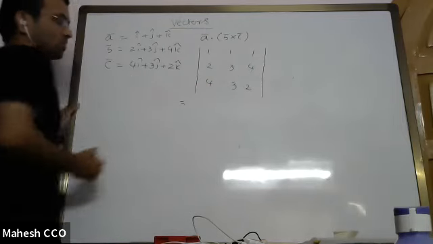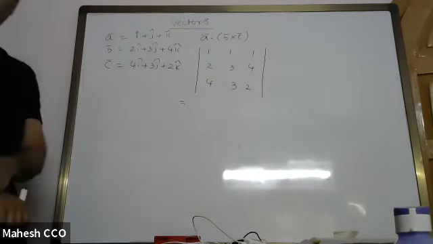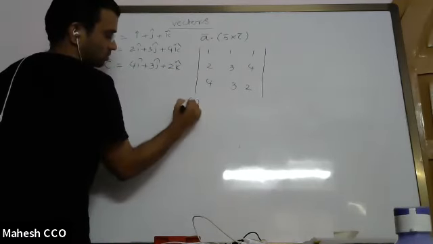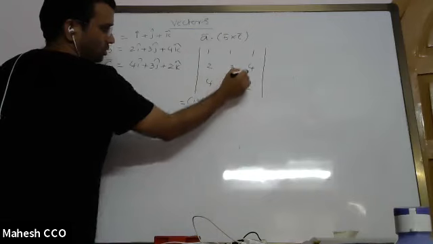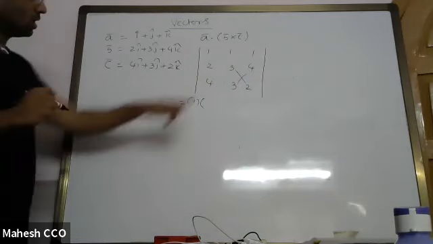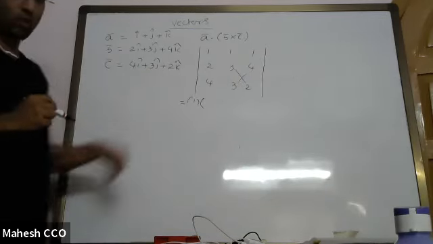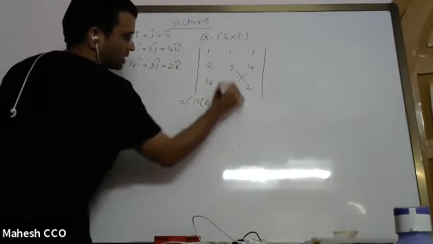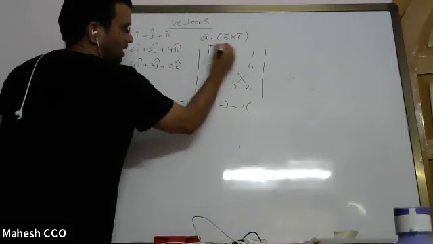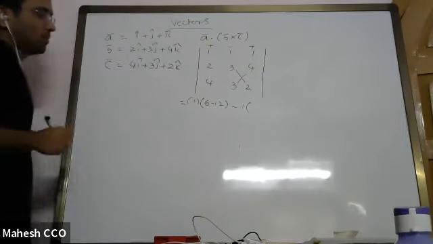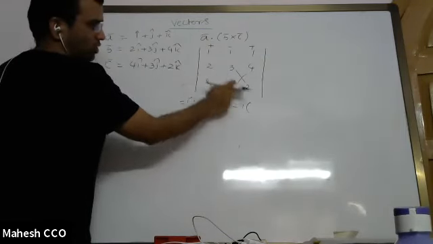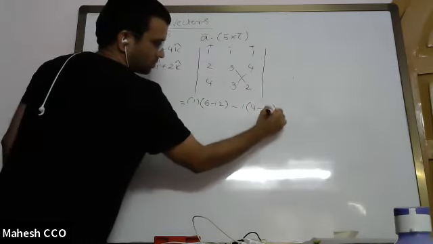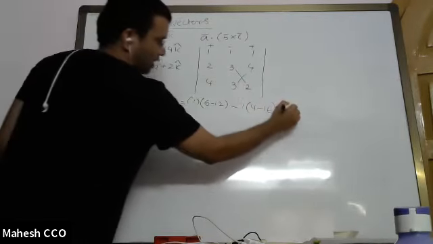Now, how to expand the determinant? So 1 into 3 into 2, 3 into 4 you have to do. 3 into 2 is 6, 3 into 4 is 12. So it is 6 minus 12, minus 1 into, because this is plus, minus and plus, I told you already, minus 1 into 2 into 2 minus 4 into 4, that is 4 minus 16, plus, last we have a plus 1 into